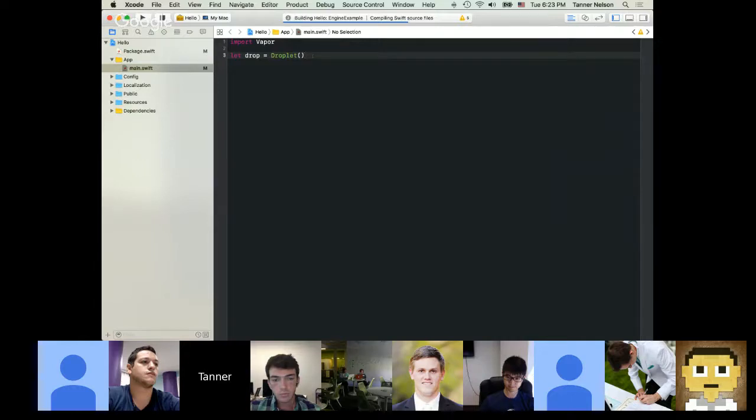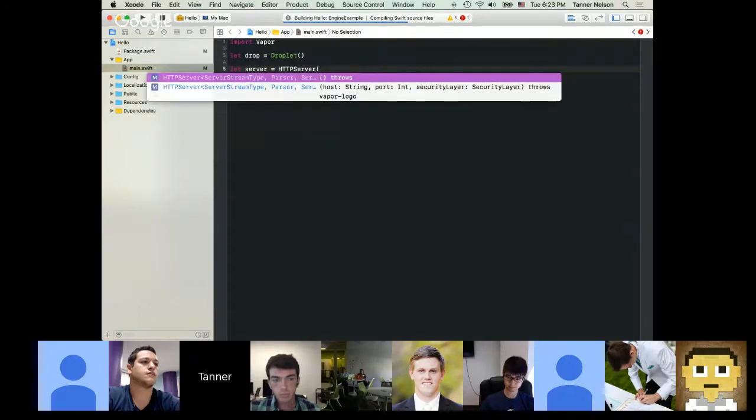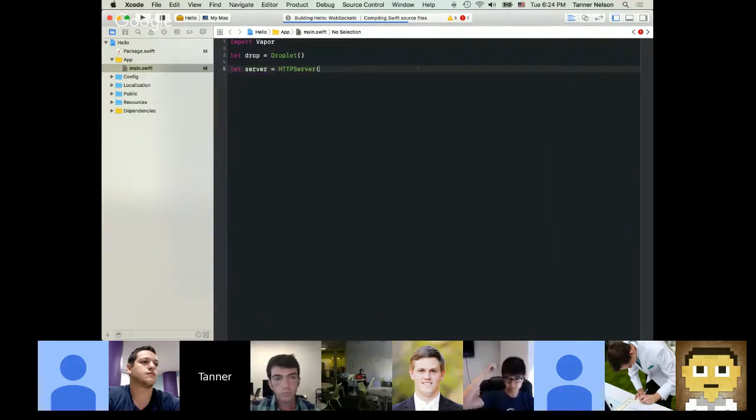So if you want to, say, bypass the droplet and create your own server, you can come in here and see that you can create your own right here, putting in your own host, port, etc. You can do the same with routers and hook all of that up yourself. But for the case of the droplet, it makes things a lot easier, and it also allows you to use Vapor providers, which I'll be showing you a little bit later. So once we have that, we can say